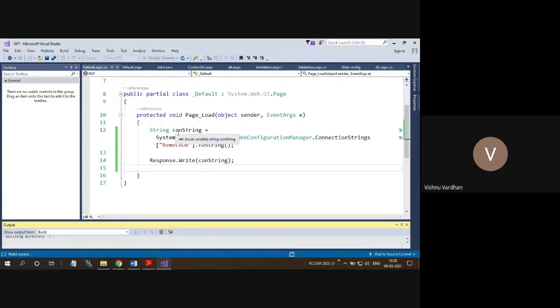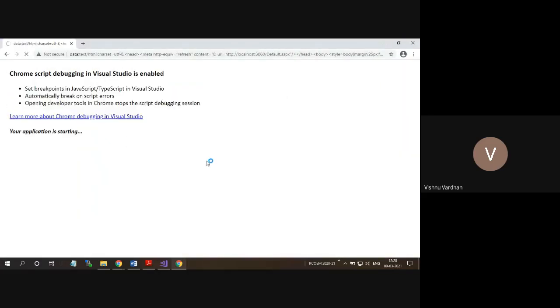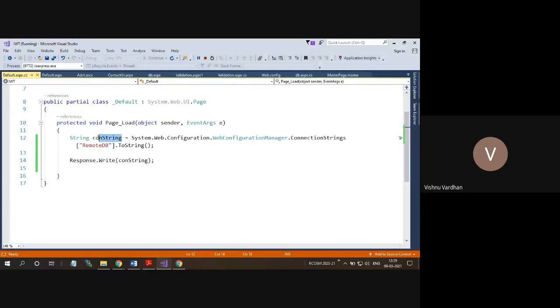So I ran this page. For the first time, it takes a few milliseconds of extra time. Upon loading, if everything has run successfully, you can see the data here. So this is the data which is coming. Whatever data is coming here, you can access from your page. So that means now what is required is